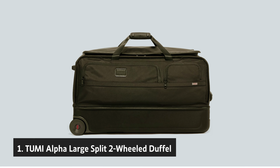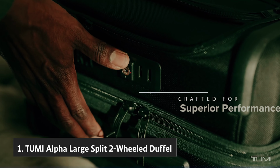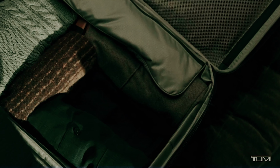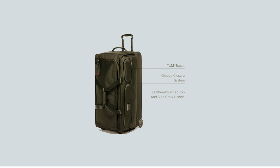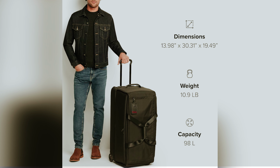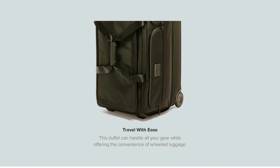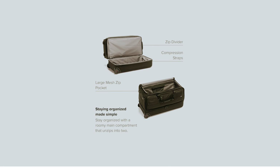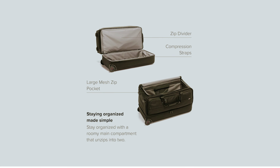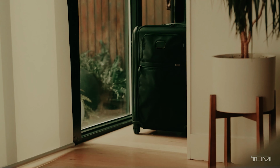And finally, the number 1 of our list, TUMI Alpha Large Split Two-Wheeled Duffel. The TUMI Alpha Large Split Two-Wheeled Duffel is expertly crafted, offering a perfect blend of functionality, quality, and style. If you've ever struggled with packing bulky clothing or managing travel essentials, you'll appreciate the spacious main compartment designed to accommodate your larger items effortlessly. Additionally, the zippered bottom compartment is ideal for organizing shoes, toiletry bags, and extra packing cubes, keeping your belongings secure